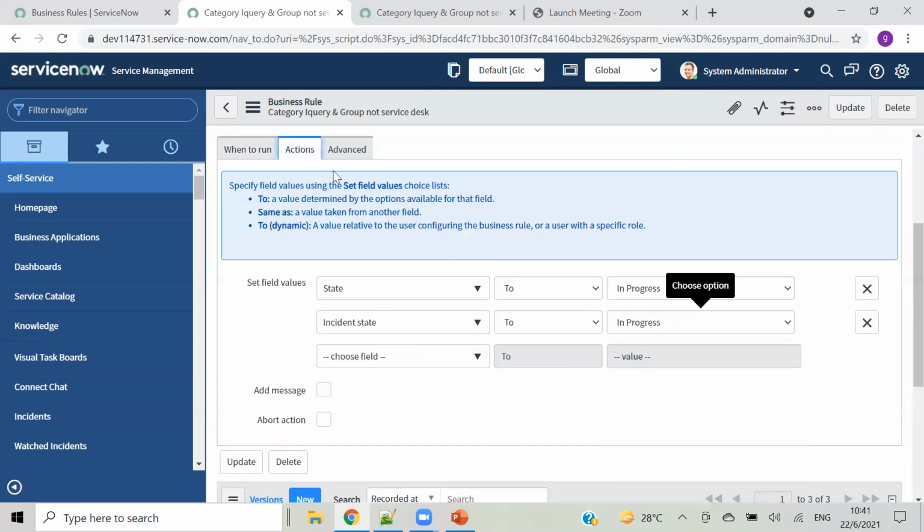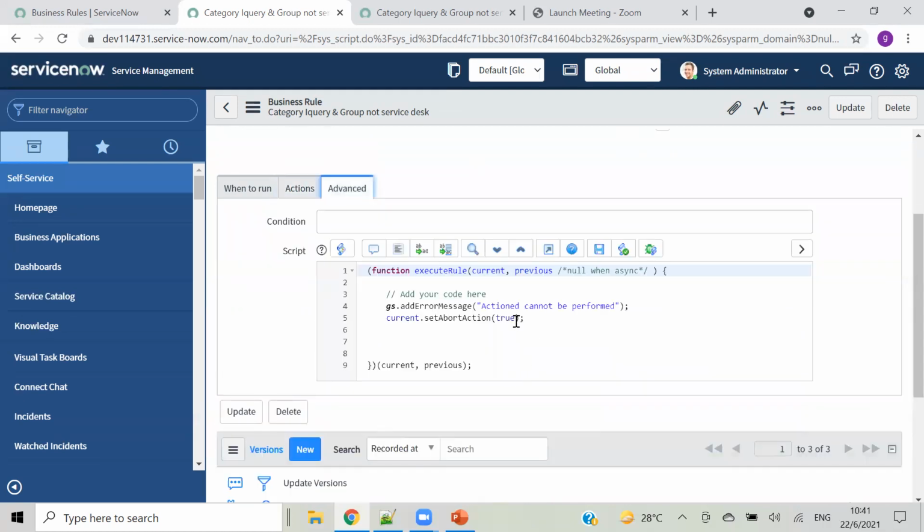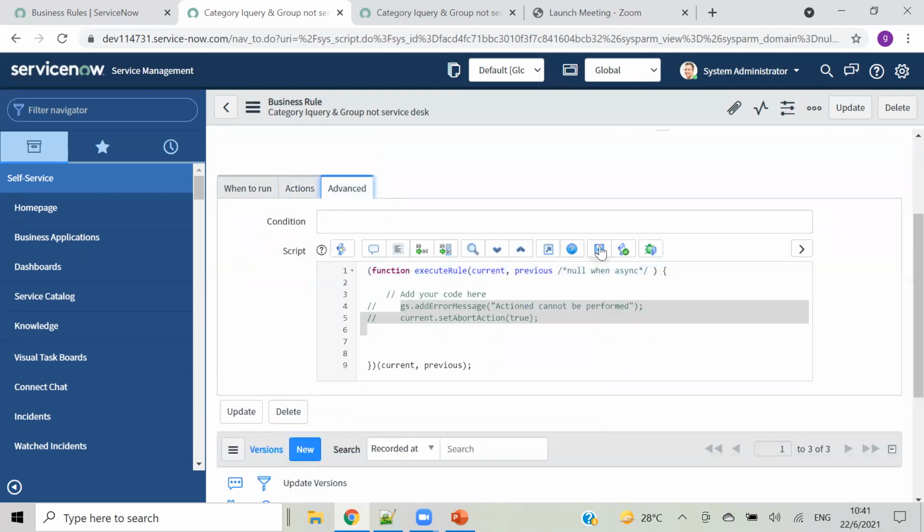Okay, and here I'm removing this script, else it will abort. So here no message, nothing, we will just update the state.